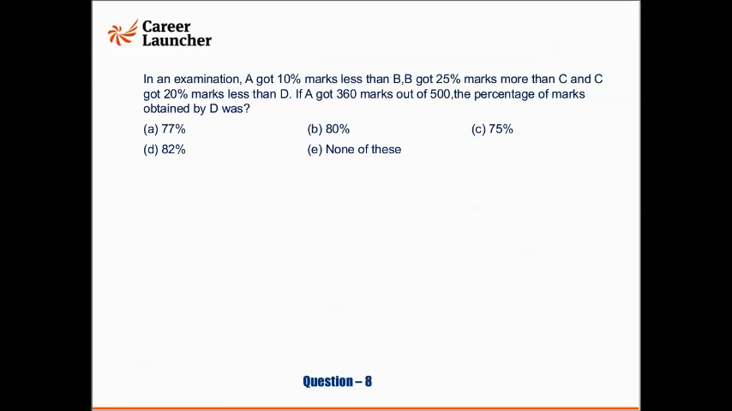Next question. See, in an examination, A got 10% marks less than B, and B got 25% marks more than C, and C got 20% marks less than D. If A got 360 marks out of 500, the percentage of marks obtained by D was. Now see, it is given that A has got 360 marks out of 500. So,